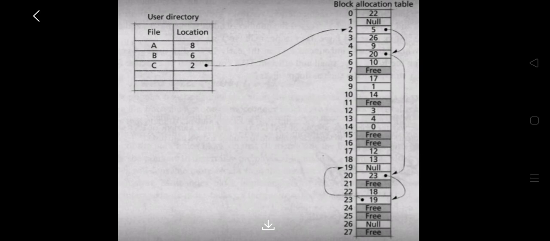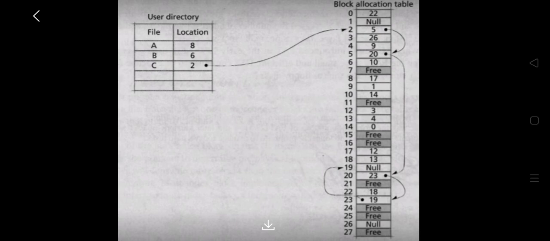Remember caching now. The table can be cached so that the chain of blocks that compose the file can be traversed quickly, which also improves the access timings. Locating the last record of a file may require the file system to follow many pointers in the block allocation table. In order to reduce the access times, the block allocation table should be stored contiguously on the disk, and it should also be cached. Both things have to be done so that the speed increases.